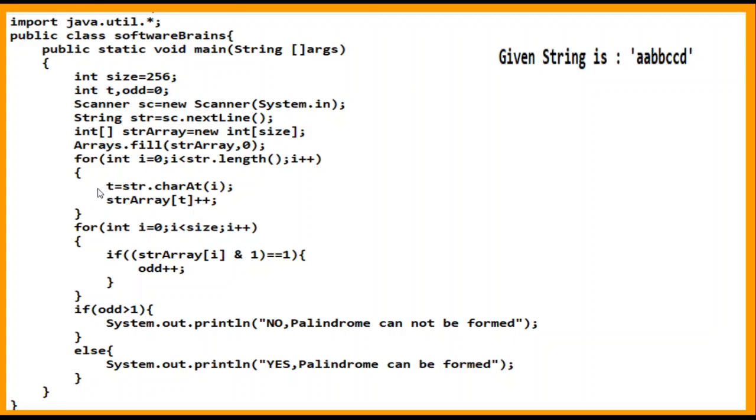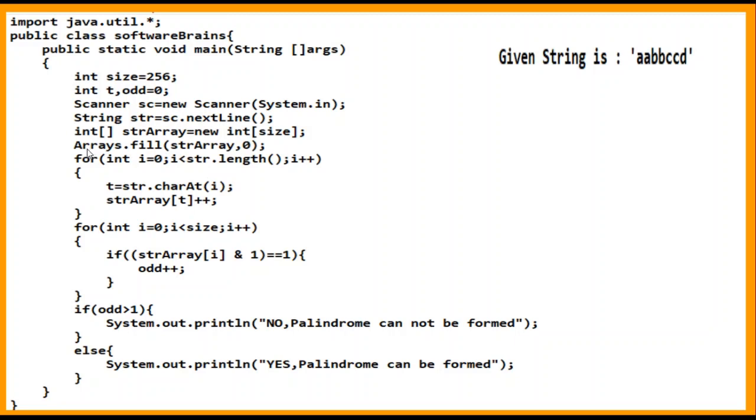Now with this t, we are updating our counter array. The array is our counter array, and we are updating the index t. t is the ASCII value of a. So in our array from 0 to 256, suppose the ASCII value of a is 65, then the array index location 65 would be incremented, that is 0 will become 1.